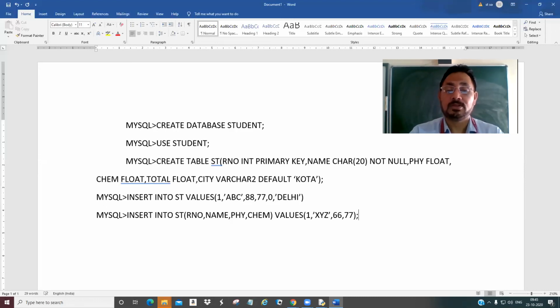So once you apply this command, what happens? You get the result here as RNO, name, physics, chemistry, values 1, XYZ, 66. So it will by default take the value of total as null and the value of city as the default.